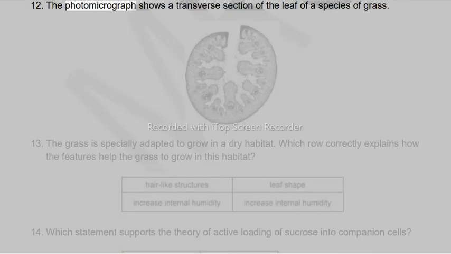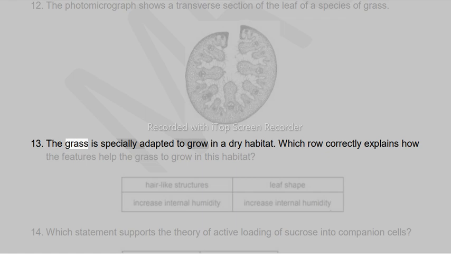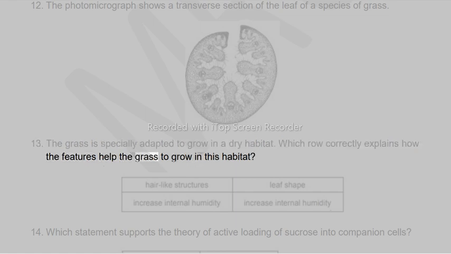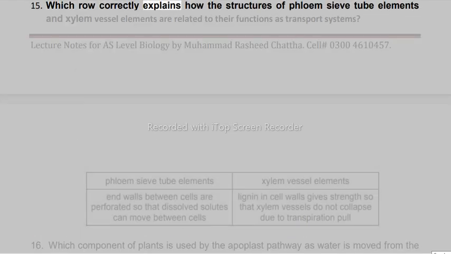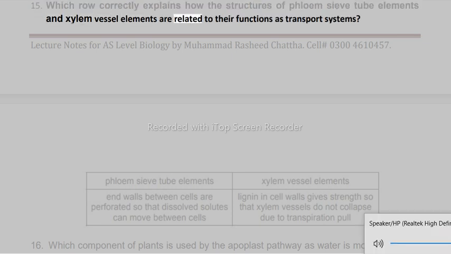12. The photomicrograph shows a transverse section of the leaf of a species of grass. 13. The grass is specially adapted to grow in a dry habitat. Which row correctly explains how the features help the grass to grow in this habitat? 14. Which statement supports the theory of active loading of sucrose into companion cells? 15. Which row correctly explains how the structures of phloem sieve tube elements and xylem vessel elements are related to their functions as